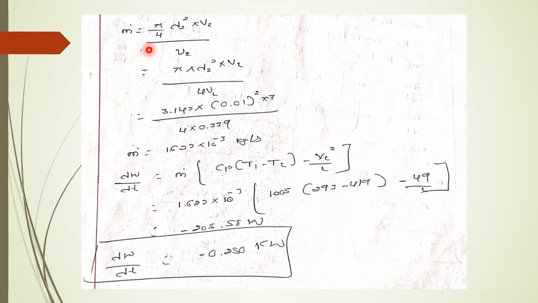So now the mass flow rate m dot is A2 into V2 by small v2. Here A is the area of cross section of the pipe, and small v2 is the specific volume, 0.339, which we calculated. If you substitute all the data, you will get the mass flow rate m dot as 1.622 into 10 to the power minus 3 kg per second. Finally, substituting the mass flow rate, temperature values and exit velocity, you will get the work rate input to the compressor, which is 0.250 kilowatt. This is the work input to the compressor.